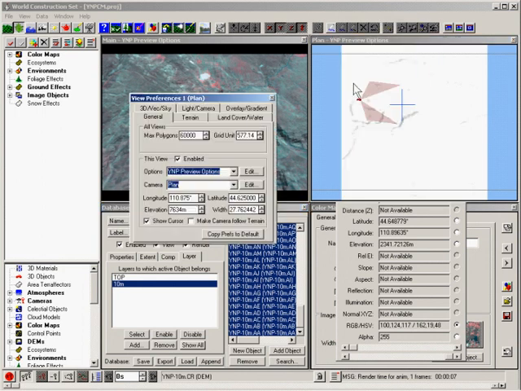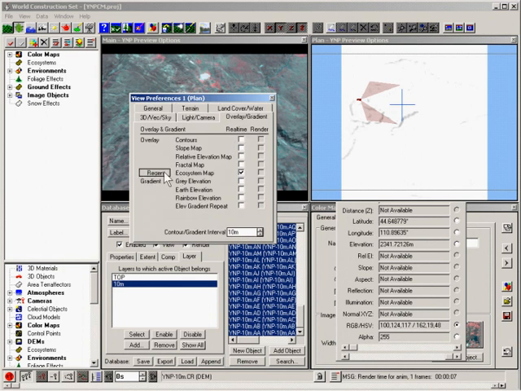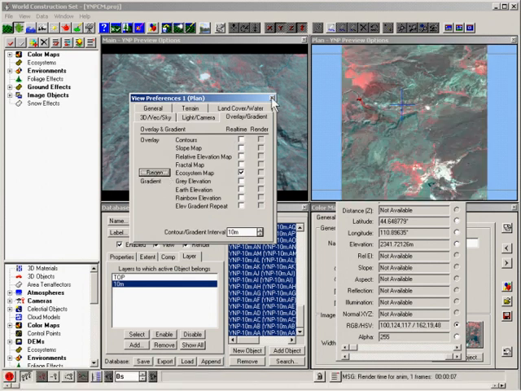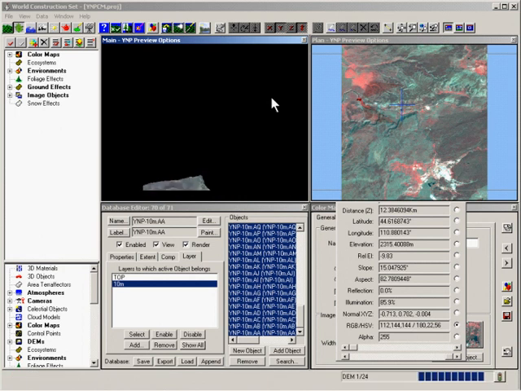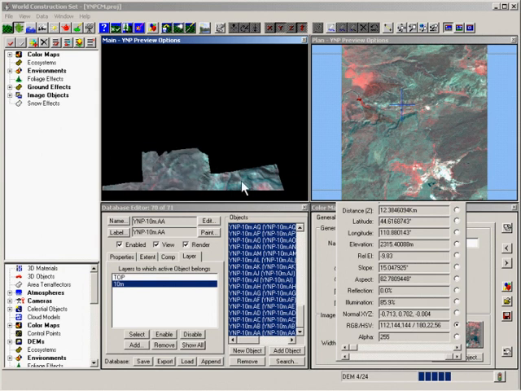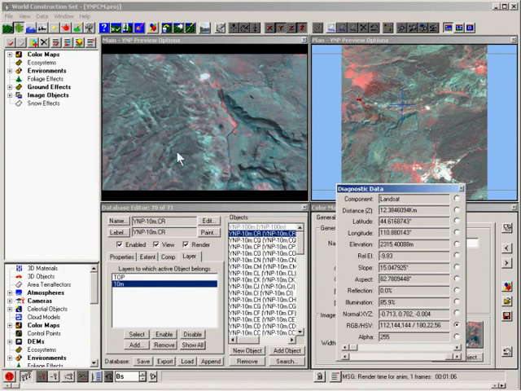Open the View Preferences and regenerate the ecosystem map. Save the project and render the main camera view. The 100-meter terrain render took about 5 seconds at fractal depth 0. The 10-meter DEMs required more than a minute to render the same view, but at this elevation give us much